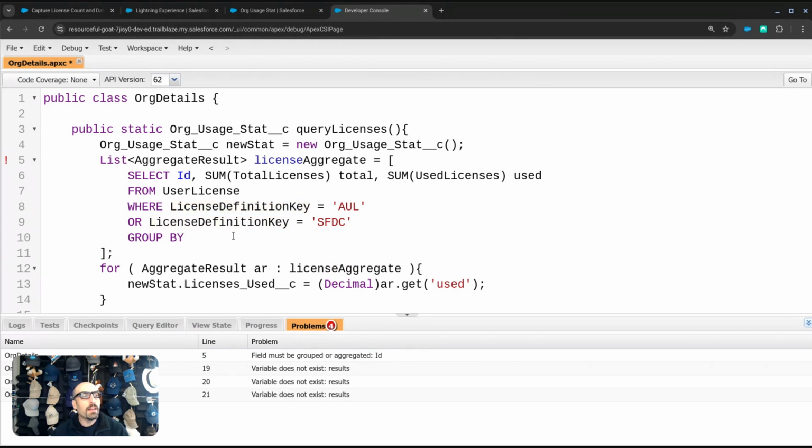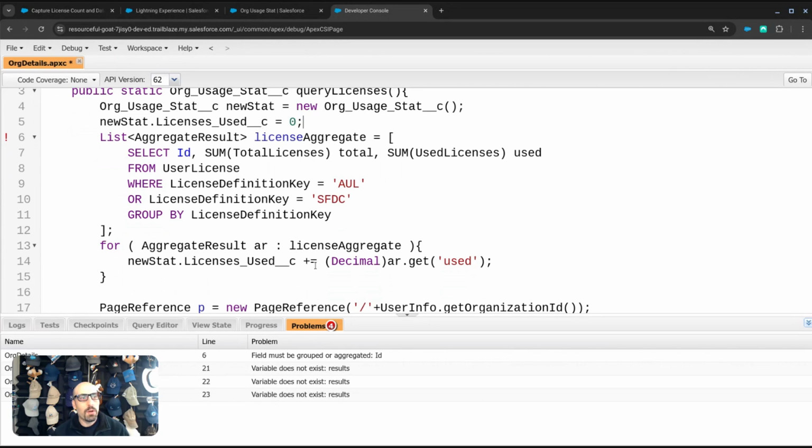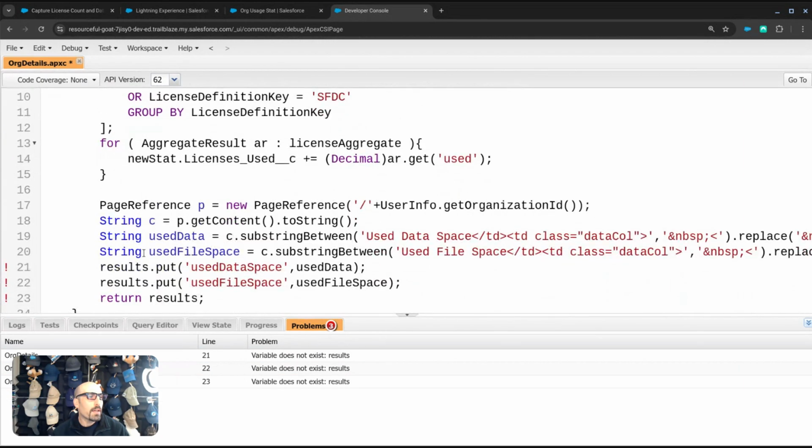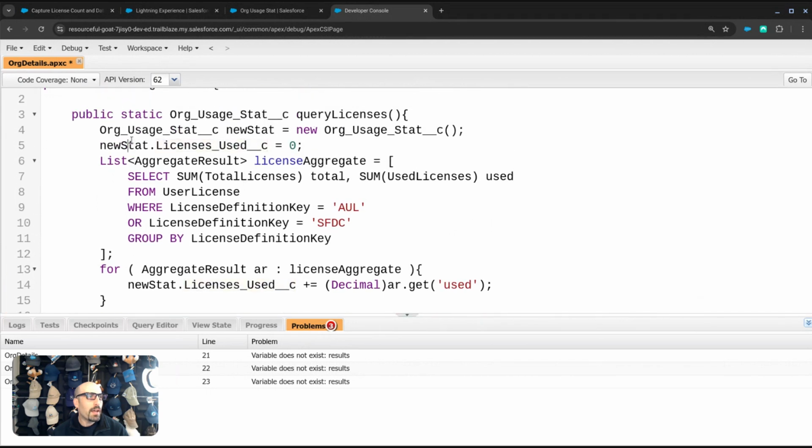I could group by license definition key and then do a plus equals and set the new stat to 0. And so then what's going to happen is it starts at 0. We're going to add the number of AUL licenses. We're going to add the number of SFTC licenses. We don't need ID. Okay, much better. Okay, then down here, instead of saying results.put, we're going to say new stat